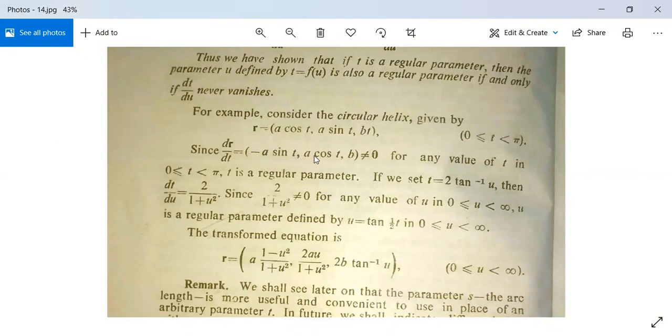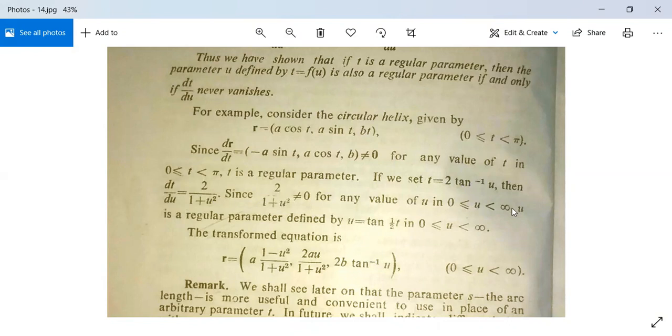Where t is a regular parameter। If we say t is equal to 2 tan inverse u, then dt by du, इसको डिफरेंशिएट करो with respect to u, is equal to 2 by 1 plus u square। Since 2 by 1 plus u square is not equal to 0 for any value of u in 0 less than or